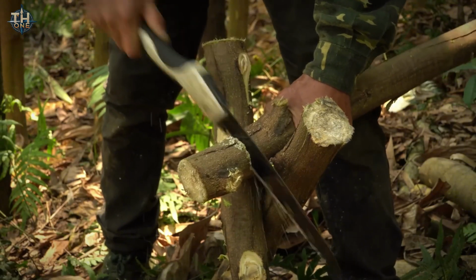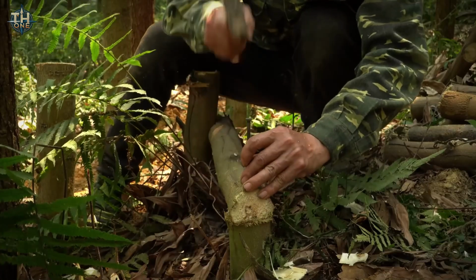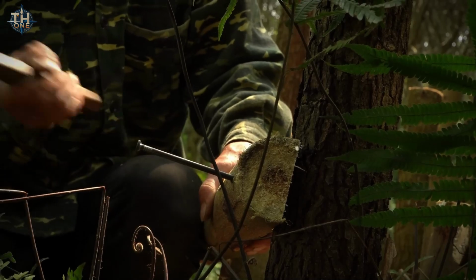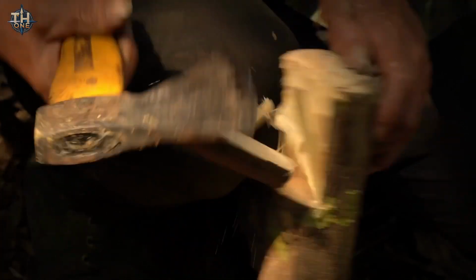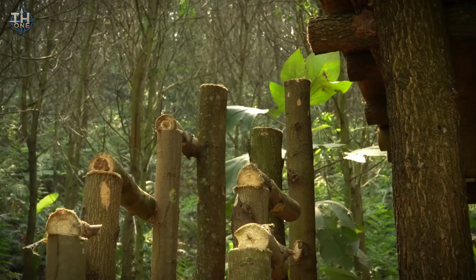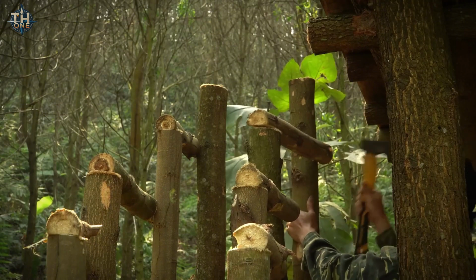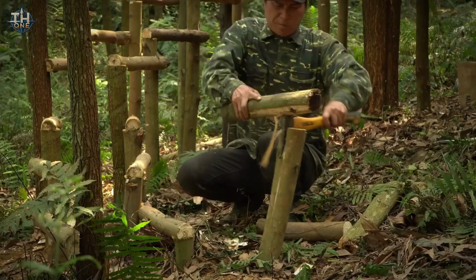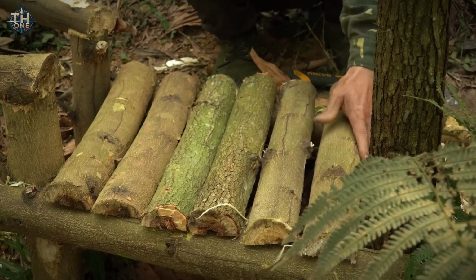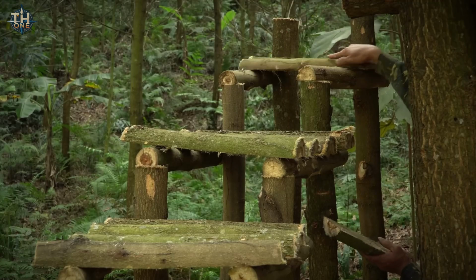Once the main posts are secured, he begins to connect them with shorter logs, positioning each piece to form the steps of the staircase. As he works, he visualizes the elegant curve of a spiral, adjusting the angles to achieve the desired effect. Each step gradually emerges, taking shape as he carefully arranges the shorter logs to form the treads. To ensure that everything is secure, he uses his hammer and nails to fasten each connection, driving the nails in with precision so that the staircase is not only beautiful, but also strong enough to support anyone who ascends to